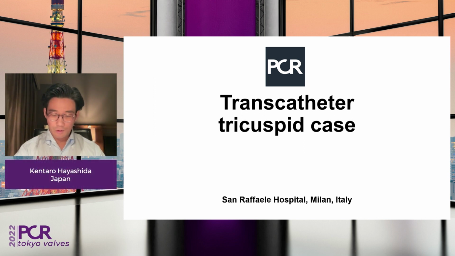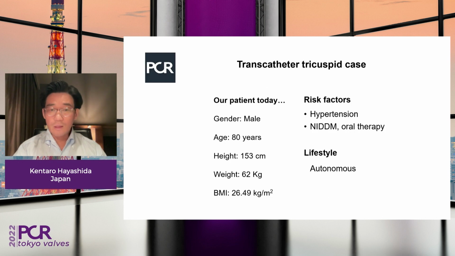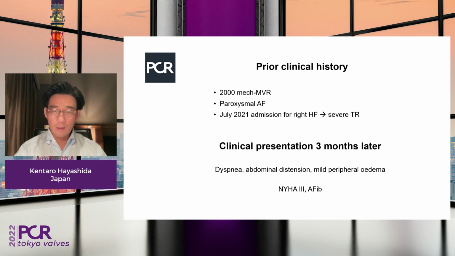So I'd like to introduce the case presentation. The case is an 80 years old male who is 153 centimeters and 62 kilograms. He also had risk factors of hypertension and diabetes mellitus. And he received a mechanical mitral valve replacement in 2000. He also had paroxysmal atrial fibrillation, and he was admitted for right heart failure due to severe